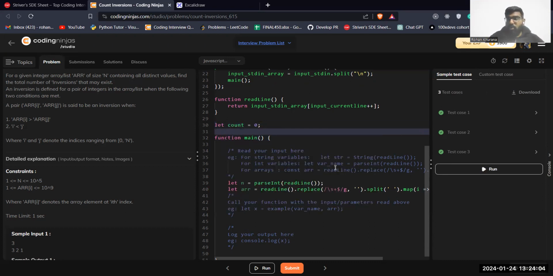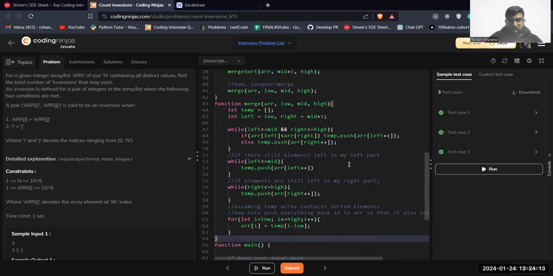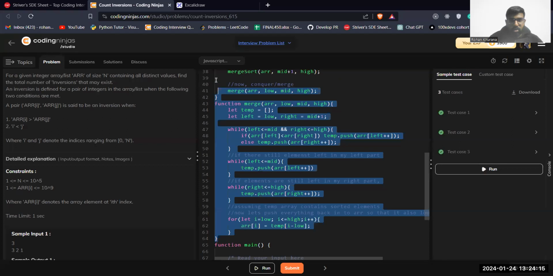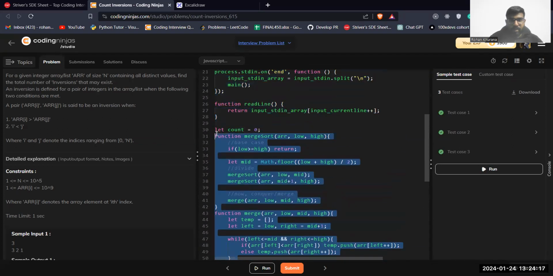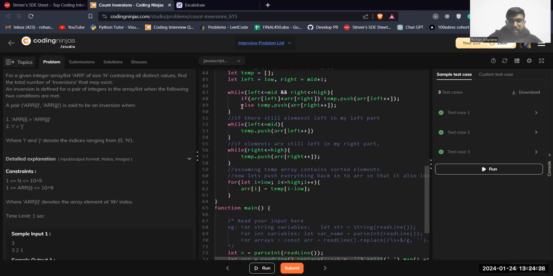And let me copy my whole merge sort function. So if this is this, I hope you can see the pages. You can see the code that this was our merge sort, right? When was the point when I achieved that my left is greater than right? When my left part is greater than right, at this level,